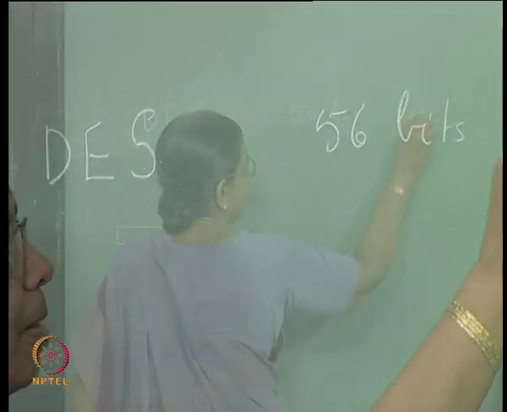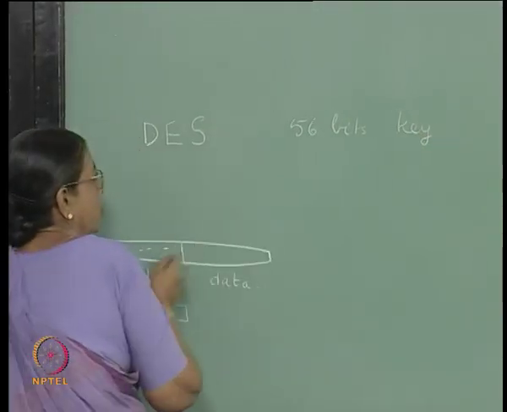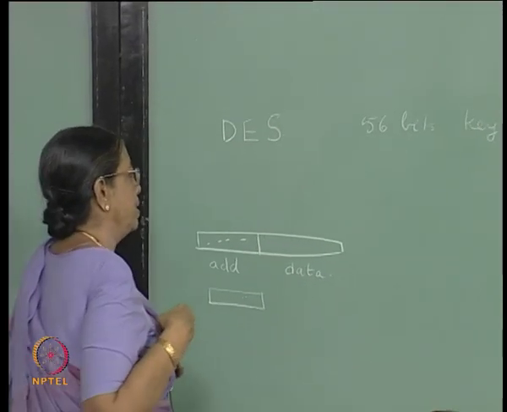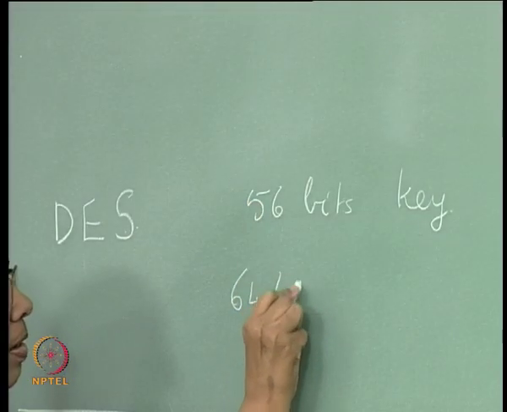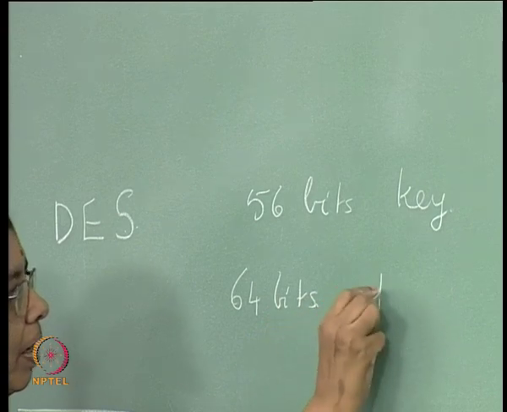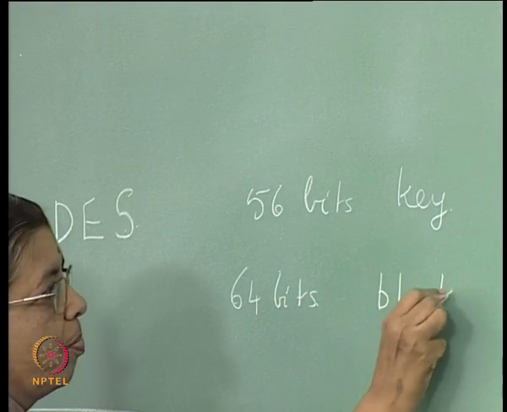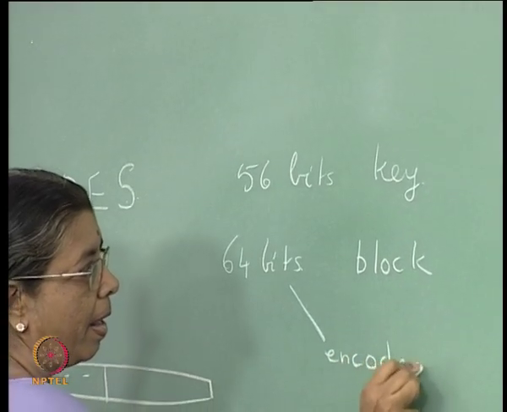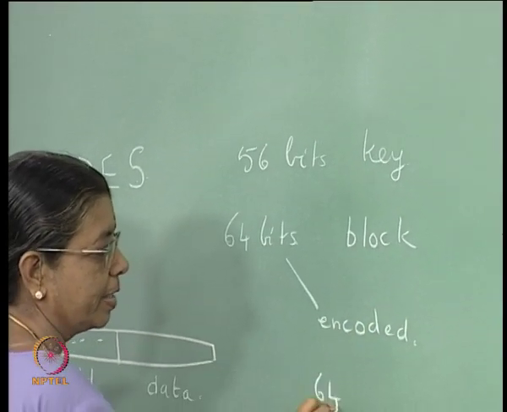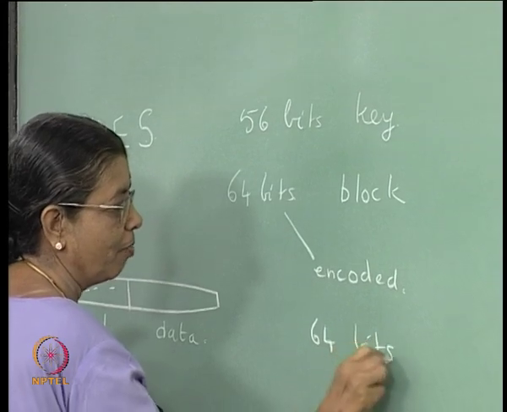This is the old scheme. In new schemes you use 128 bits and so on. So, a block has 64 bits, and it will be encoded as another 64 bits, and there are several steps involved in that,